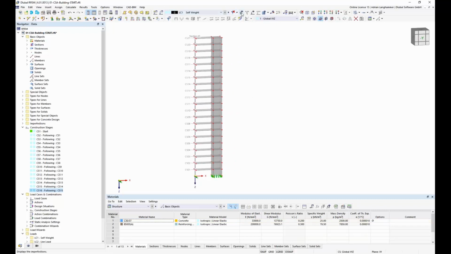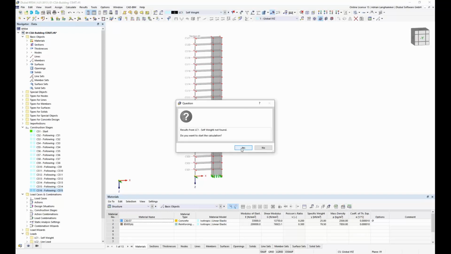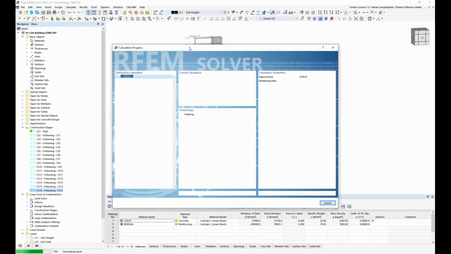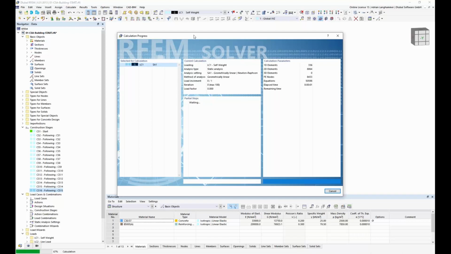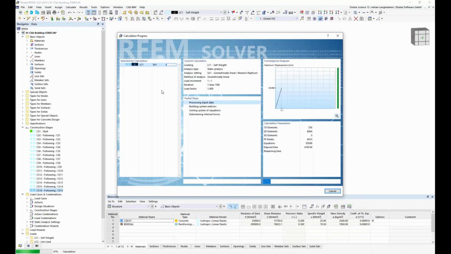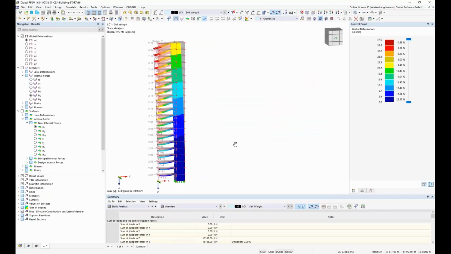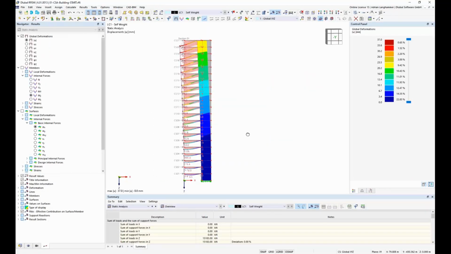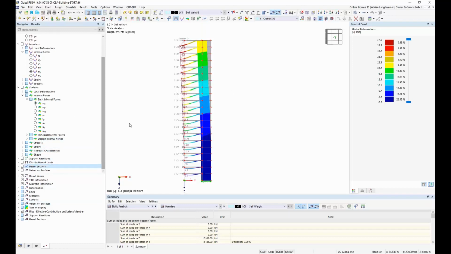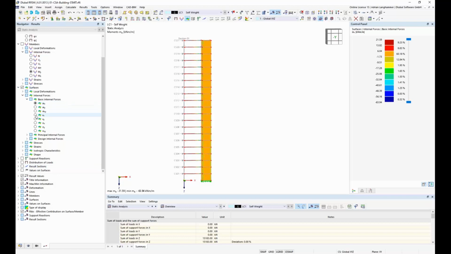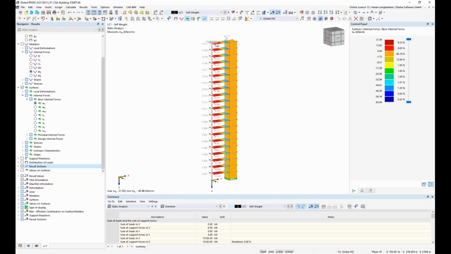First, before I start with the construction stages, I will calculate the internal forces and the deflection of the whole structure with self-weight without considering the construction stages, to show what the topic is in this example, what the problem is in this example. If we take a look at the deflections, we see that the slabs here hang on the inner core, and if we take a look at the internal forces, bending moments in the surface, we see, I have here a section in the middle,